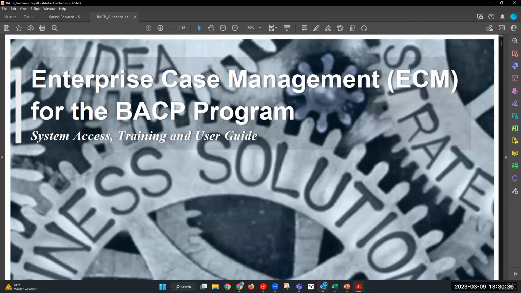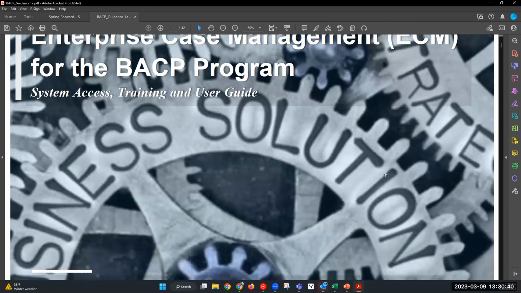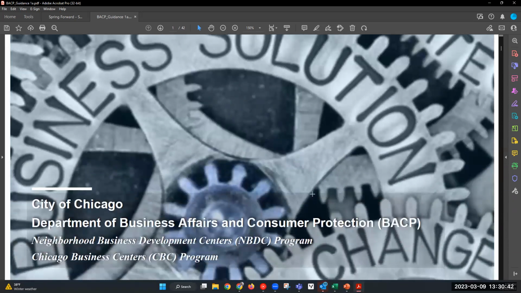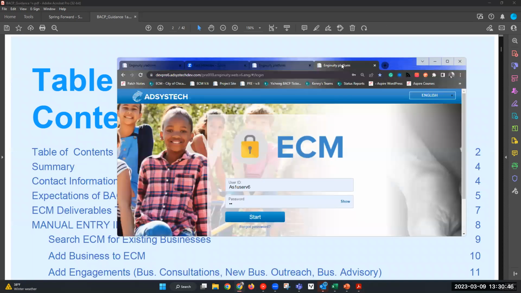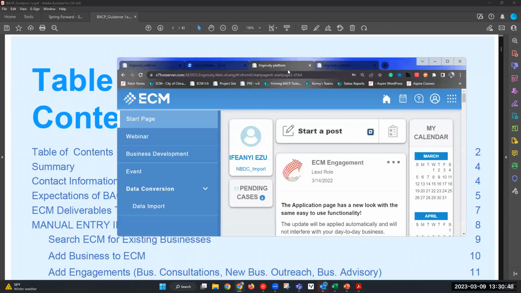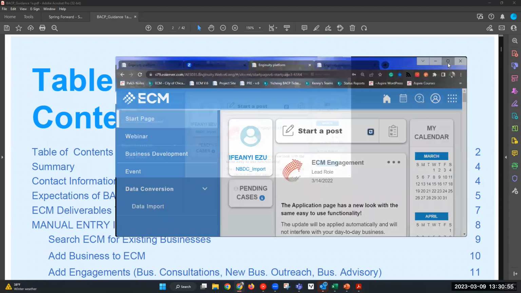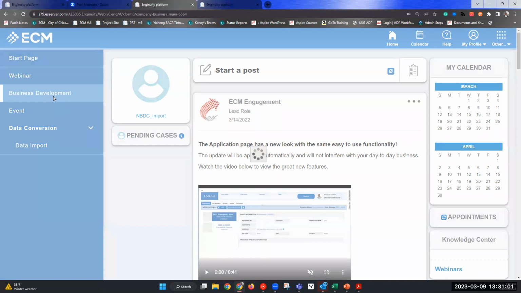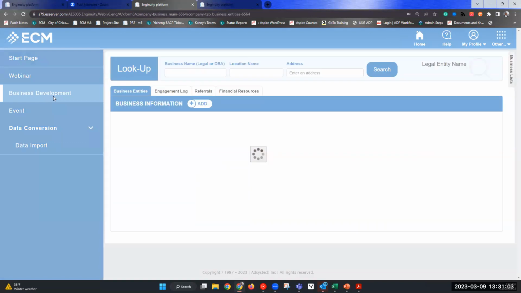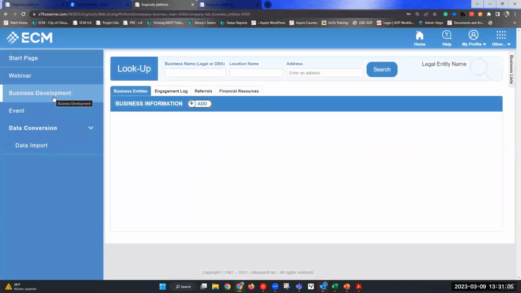So I will actually go into the system now and show you. I'm just going to show you this PDF, but it's going to be in the system. The reason I'm doing this is to prolong the training, and also honestly just show you how easy it is to just be in the system. So the first part of that guide is manual entry. As I mentioned, not a lot of people do manual entry for whatever reason, but it is pretty simple.